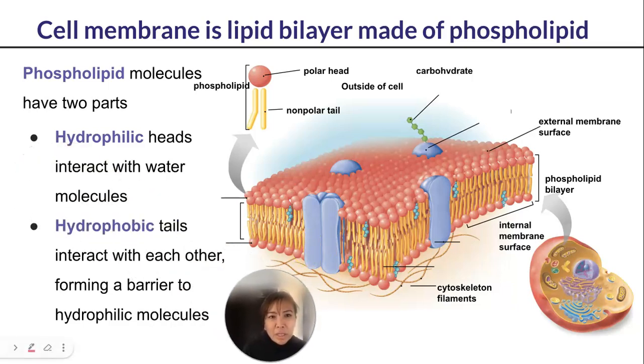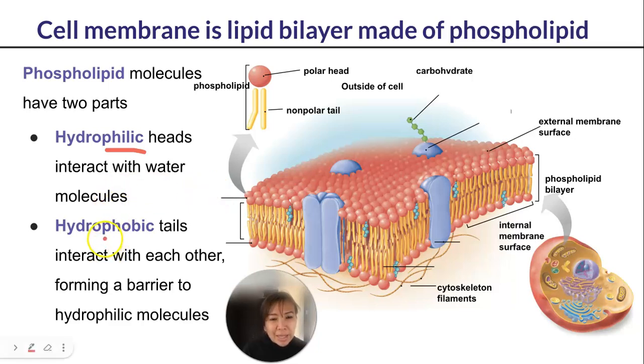So as we mentioned, the phospholipid molecule has two different parts, right? It has the hydrophilic head, because it doesn't mind interacting with water. So the water is on the outside of the cell, as well as inside the cytoplasm, the cytosol, which is a watery substance. So the heads are facing outward so they can actually interact with the water, whereas the